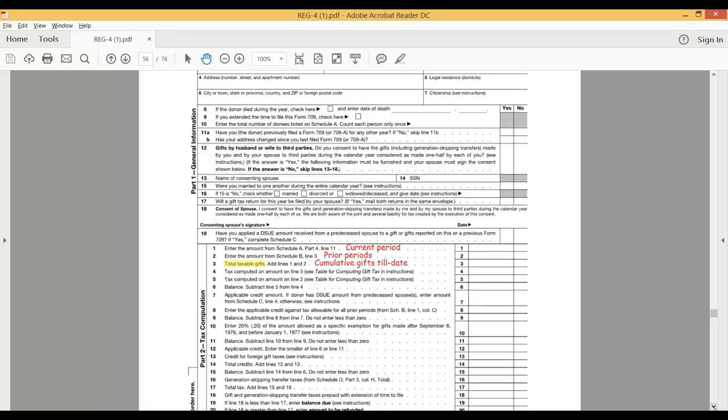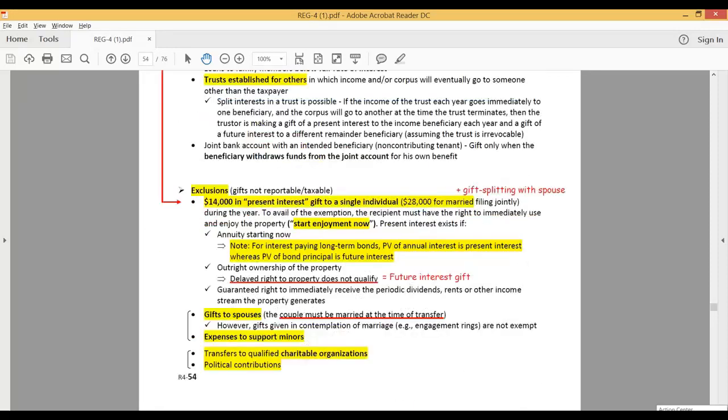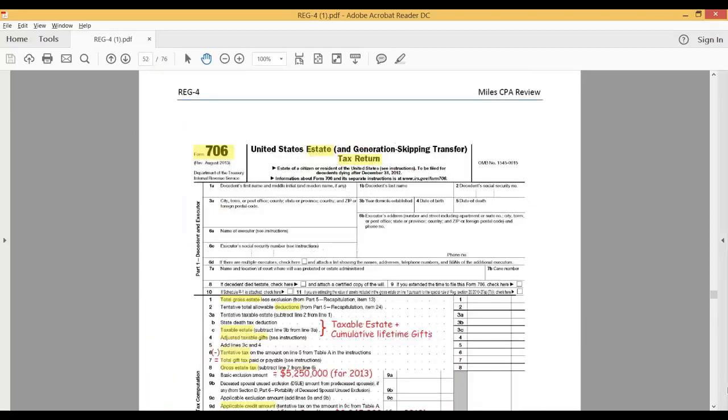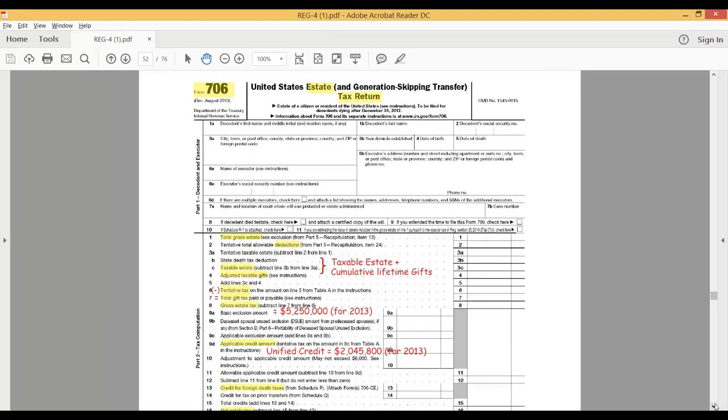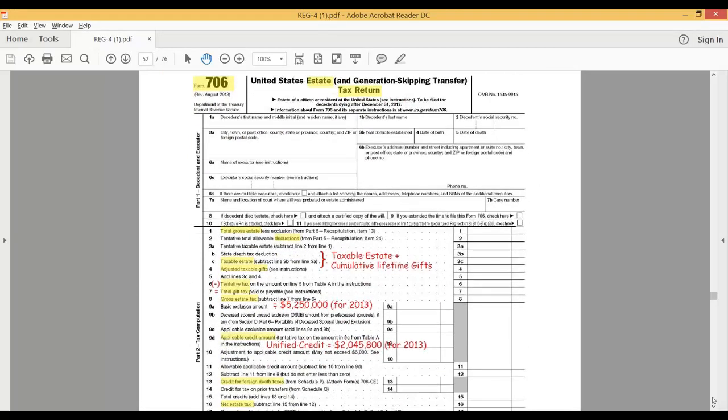But the first page is like a summary, where you have on line 1 your current period, on line 2 your prior period gifts maybe, and your total taxable. Oh, I'm very sorry, I'm looking at a 709. There you go. Okay. So on line 1 you have your total gross estate, then your adjusted taxable gifts that you have made previously on line 4, and then any tentative tax that you may have paid, your total gift tax, to arrive at